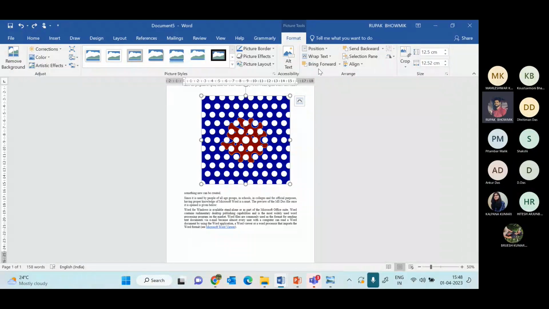Bring forward, like for example, see, you have two different images, so you want to merge two images into one, like above you want to add some text, right? Sometimes what happens, the text will go behind the images, so you want the text to show above your image. So in that case, bring forward or send backward, those options you can use. So for example,